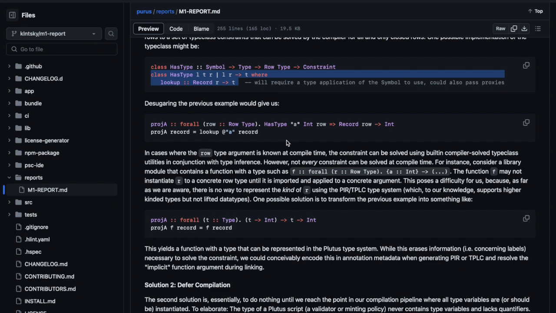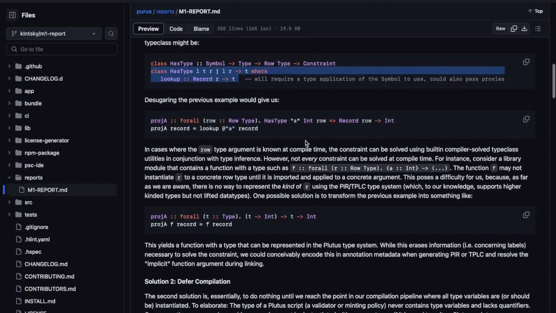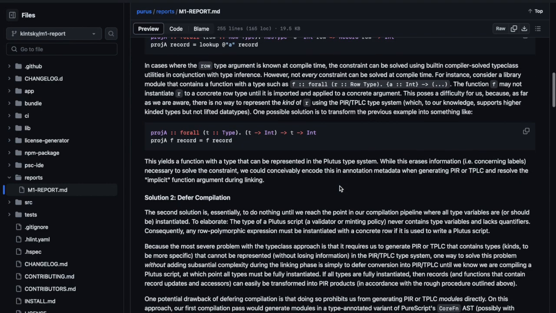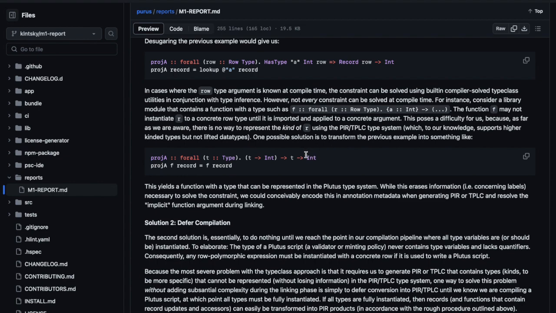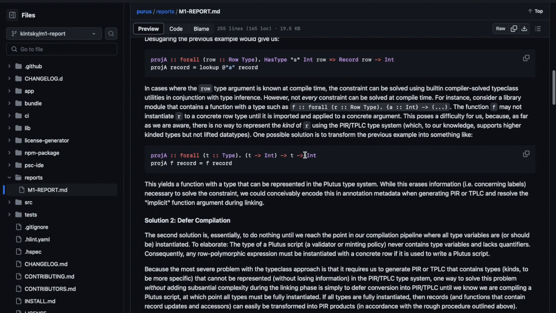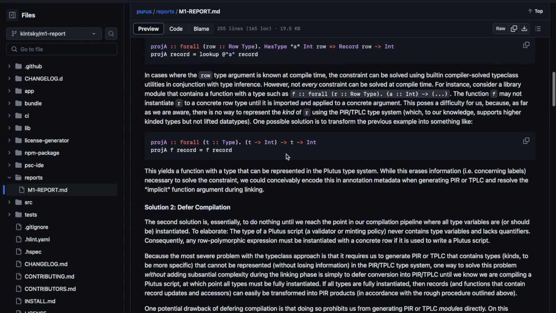Right, and I won't go too much into detail here because ultimately we didn't choose this approach, and also because it's somewhat complicated to explain if you aren't familiar with the Haskell analogs, right? So yeah, this is one thing we considered, and we came to realize that it would work, but